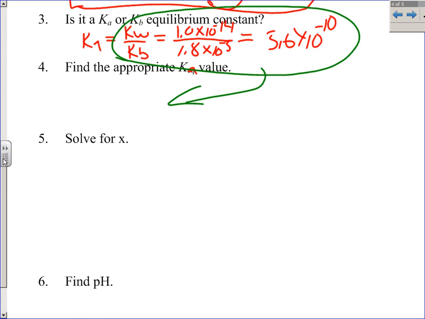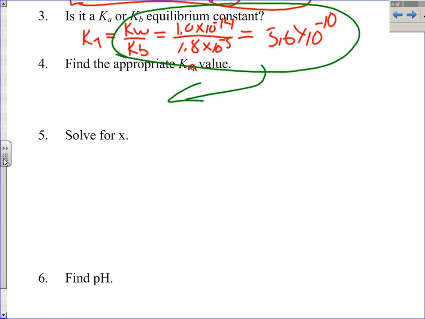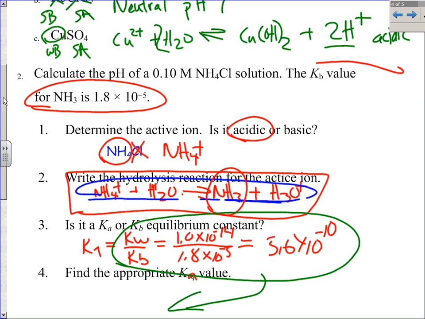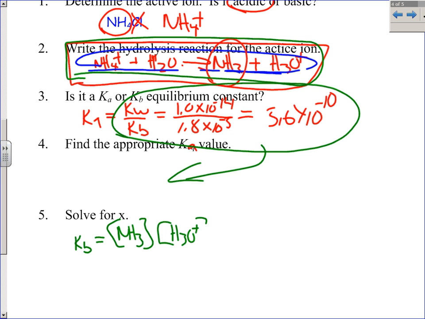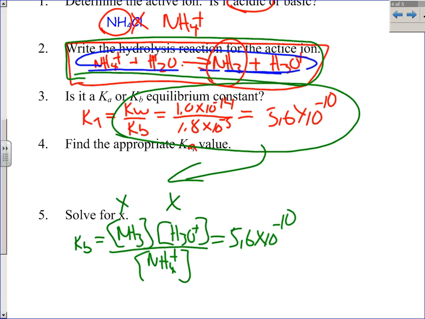Next, I'm ready to solve for x. Now, I've been doing this long enough that I know when I write my equation, and here was my equation right here, that's what I'm going to base my K expression on. So when I solve for x here, my K expression is going to equal the concentration of NH3 times H3O plus all over NH4 plus. And I know from the previous problem that the Ka is going to equal 5.6 times 10 to the negative 10th. And hopefully I've done enough of these to realize, well, these are both going to be x, and this is going to be,